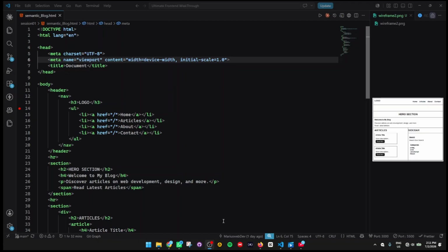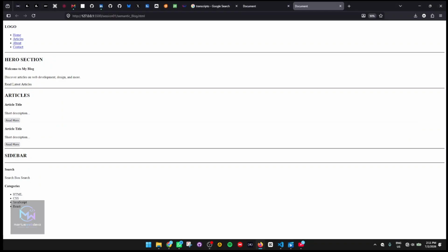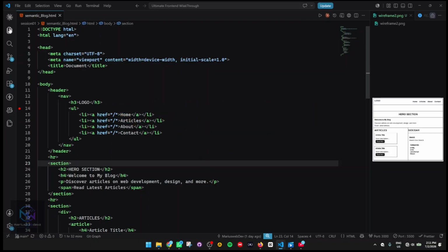Last class we did semantic HTML. Let me open my browser. Okay, this is what we did. This is what we have. Today we are going to be styling this using CSS, and I took the liberty of